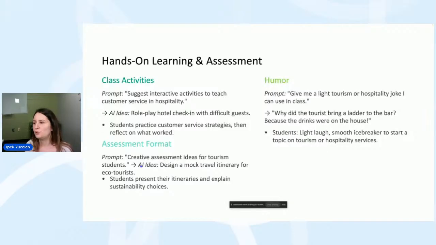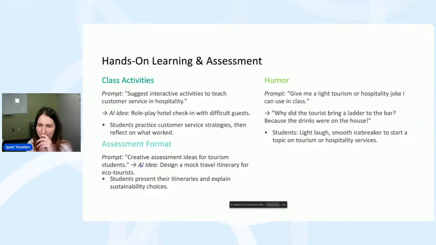Of course, you know that students prefer and enjoy instructors that are funny, and most of us sometimes are not very funny people. For example, I cannot make a lot of jokes in my classes, but they like jokes, and you can ask AI to help you with creating a joke.